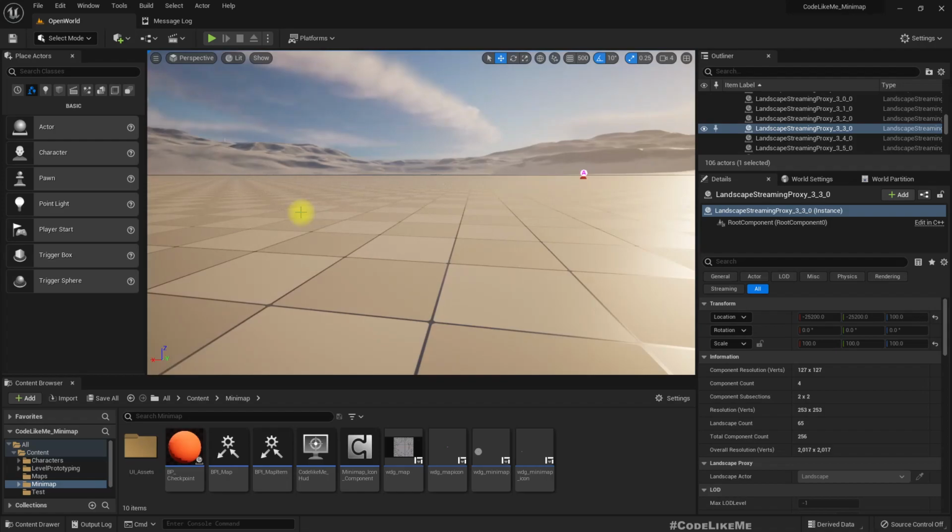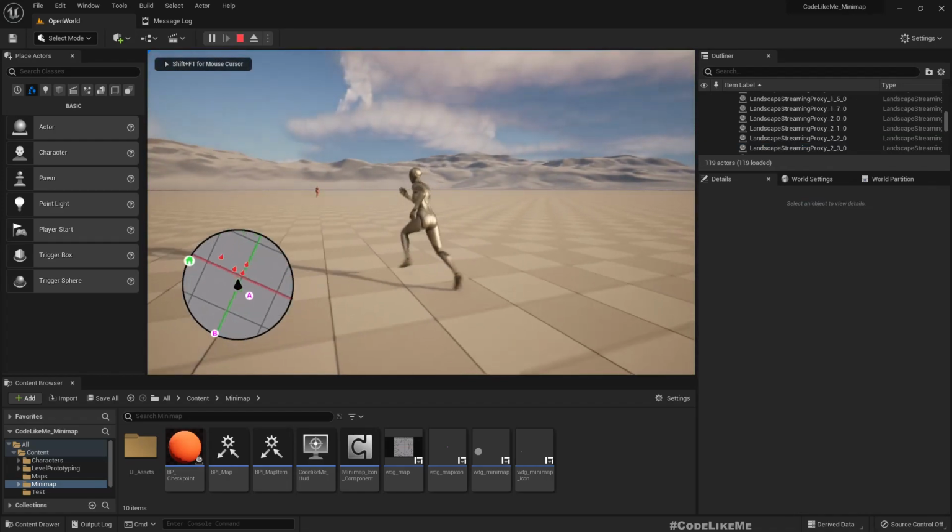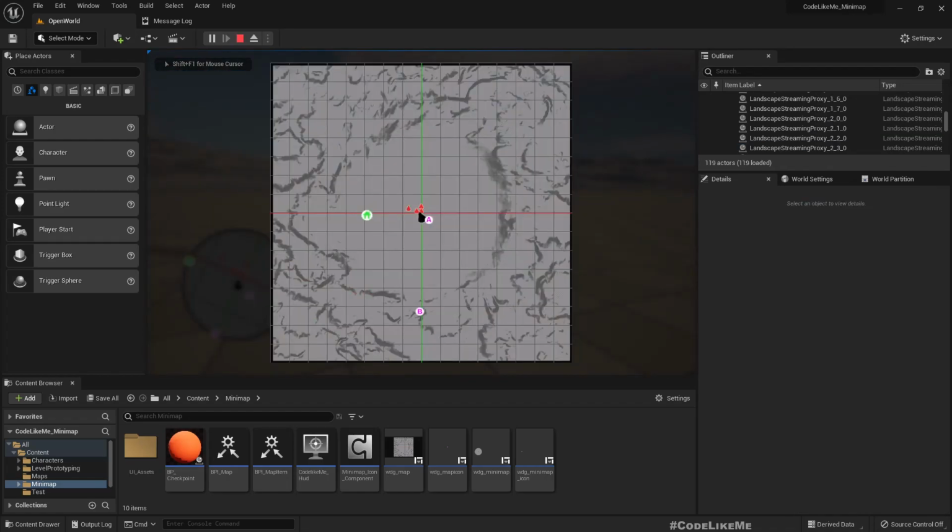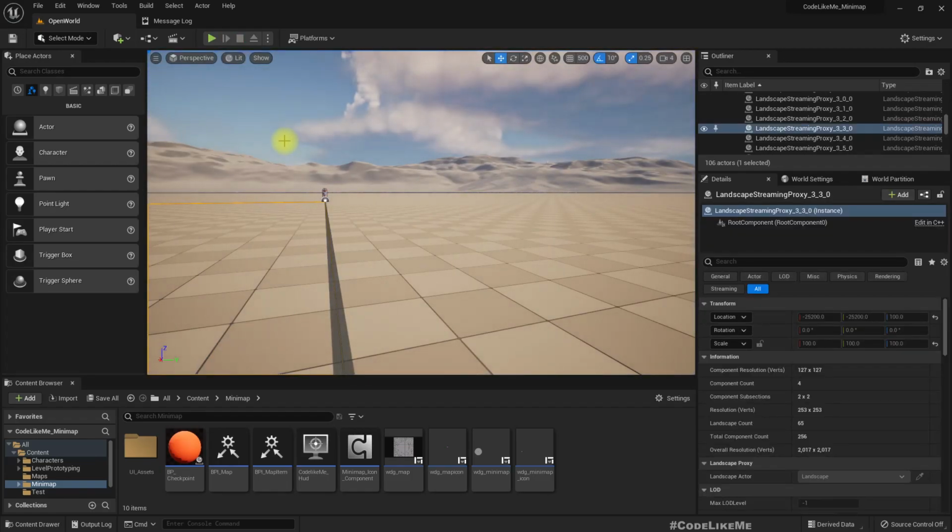Okay, so at the moment when I press M, I get the map, but here we can't do any panning or scrolling or zooming in, zooming out. Any of those things are not allowed here. So that's what I want to implement in the next step. Alright, so first